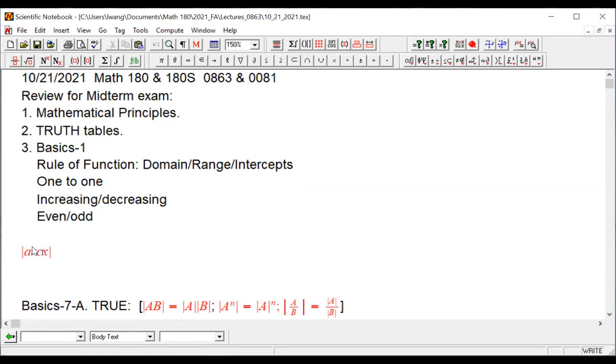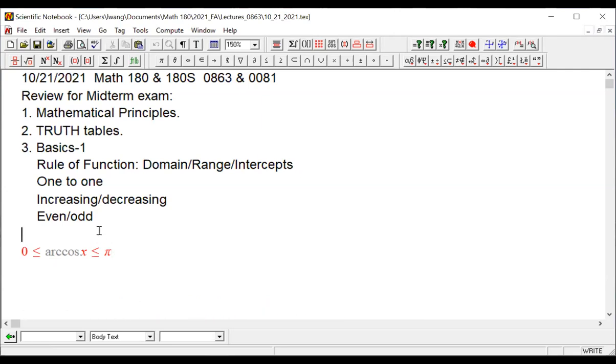Okay. Arc cosine of x minus pi over 2. Okay, I know what you're saying. Do we have to know that kind of thing? No. But since you asked this question,